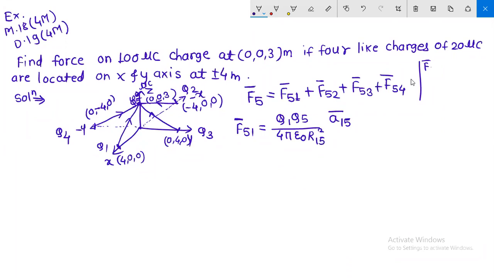So time is over. So we'll see this example in the next lecture. If it is possible for you, it's very simple because we have already seen one example. Similarly, you can find all these 4 forces and add all these 4 forces so that you can find the total force. Okay, so every time find the correct answer. Take correct directions. Okay, so we'll end the lecture. Okay, thank you all.